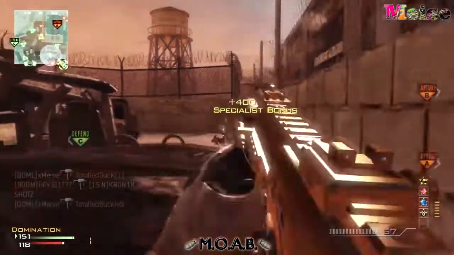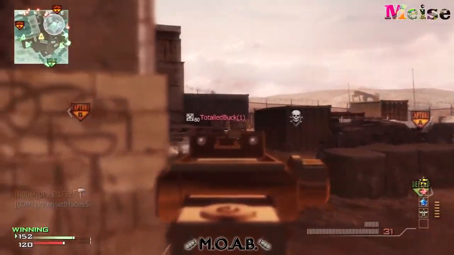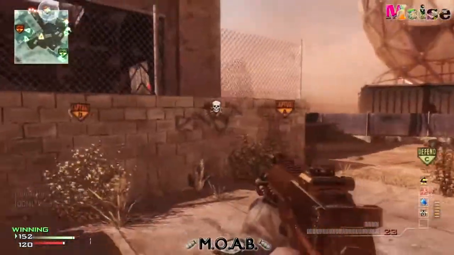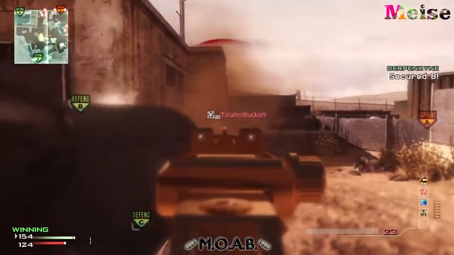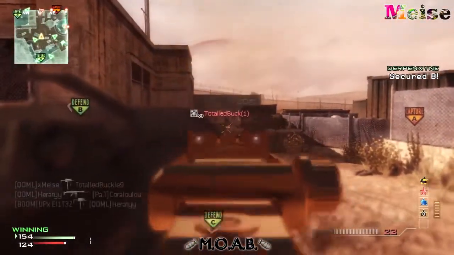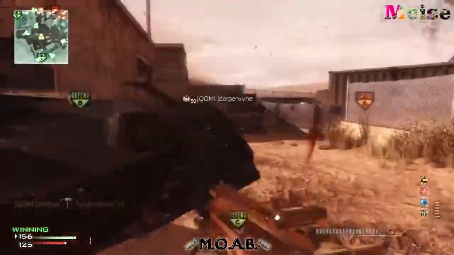But if you could, I'll put an annotation in the middle bottom of the screen where the MOAB thumbnail is. If you could go onto that video and post up what you'd like to see, in respect to the class setup, then I'll be able to go out and get a gameplay with that and then post that up. So it's giving you back what you want to see. Another couple of things I can be doing: